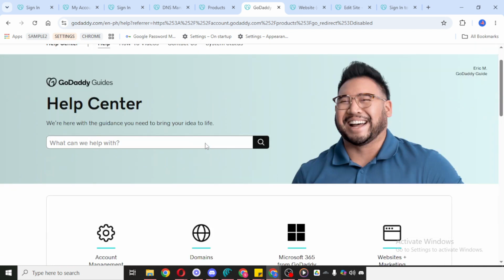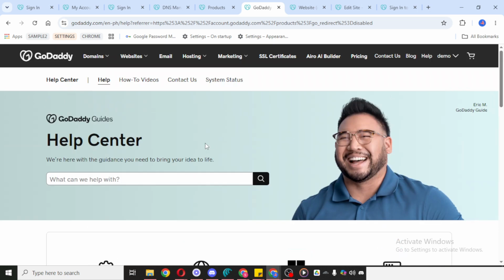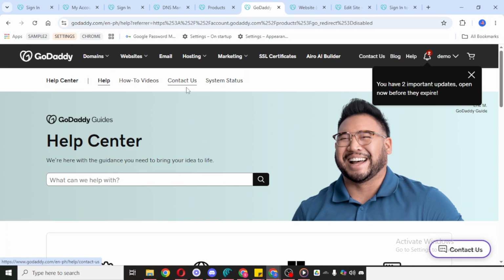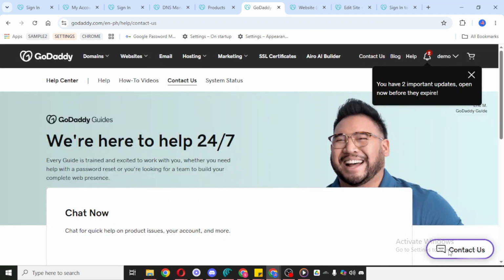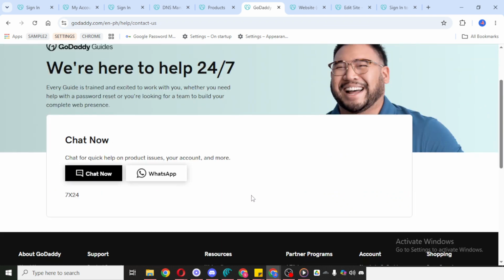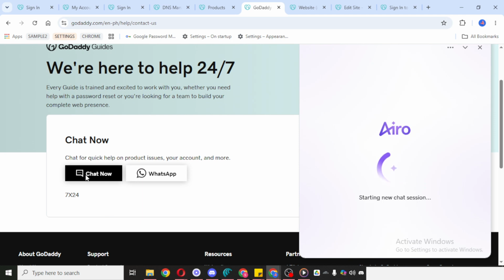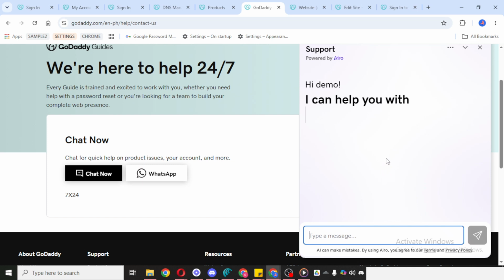After opening the Help Center, click on Contact Us. This is the section where GoDaddy provides direct support channels for customers who need personal assistance. Depending on what's available in your region or for your account, you may see different ways to contact support, but the key option we're focusing on here is the chat feature. Once you're in the Contact Us area, this is where you can then chat and raise your concern. The chat option is useful if you want quick help in real time without making a phone call.